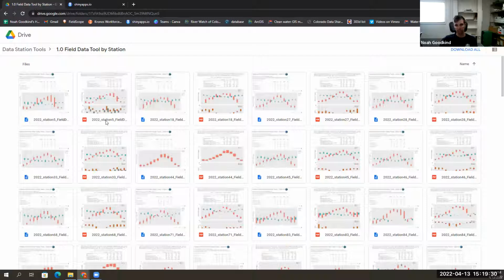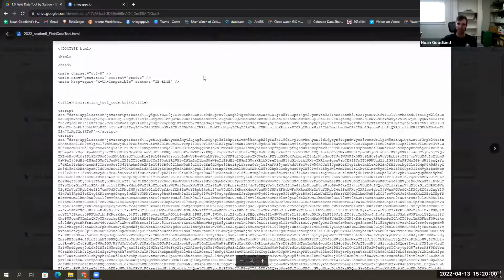And so you'll notice that there's 2 station 5s. I was showing you the PDF, which is great for printing, using in the field. The other option that you can see here is the HTML file, which is more of an interactive file that will hopefully load. And when you click on these, hopefully, yes, you'll get this scary wall of text that means nothing. What you need to do is actually download it with this download button up here. And then once it's downloaded,